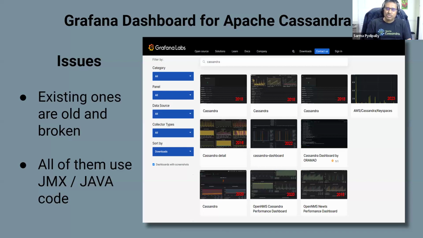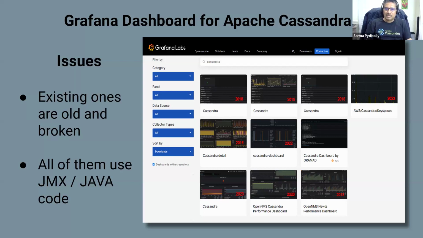If they don't do that, some of the widgets are broken. Some of the metrics don't show up. So it is a constant race to keep the Grafana widgets working. When Grafana releases a new version, we have to make sure our dashboard works with the new version of Grafana.